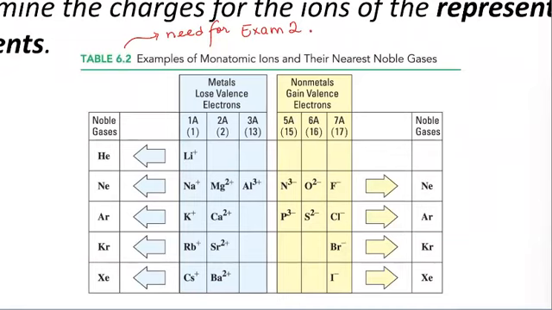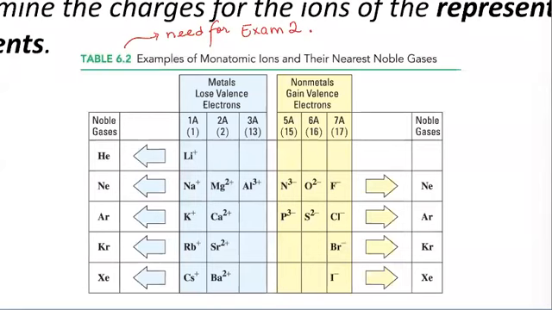You need to understand this table conceptually. As I was mentioning, when it comes to group numbers, now we're going to focus on representative elements, but not all 8 of them. We are only going to focus on 6 out of the 8 representative groups. As you can see, from the metal side of things,